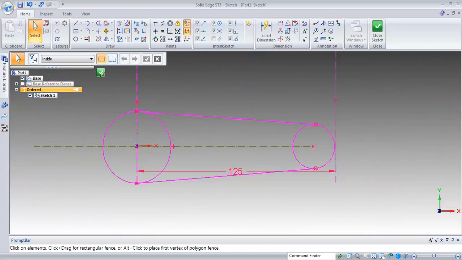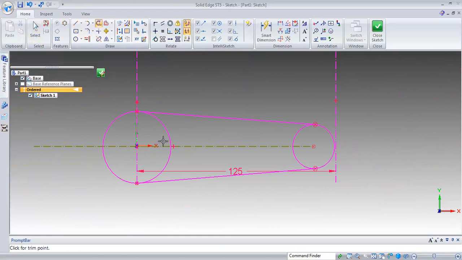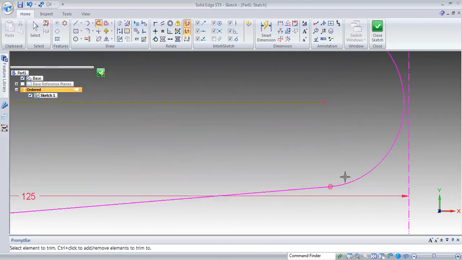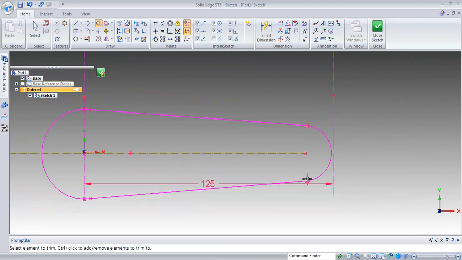Next, we go with the trim options. You can see here, trim means removing the unwanted things. If I select this, the highlighted portion will get removed. You can see here, and you can give the dimensions.